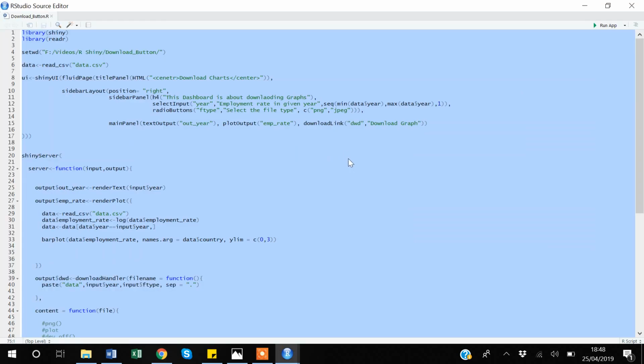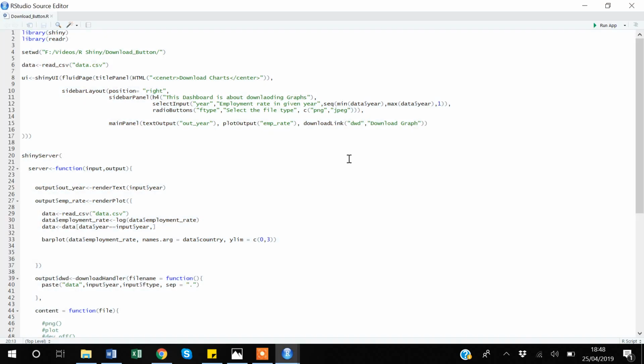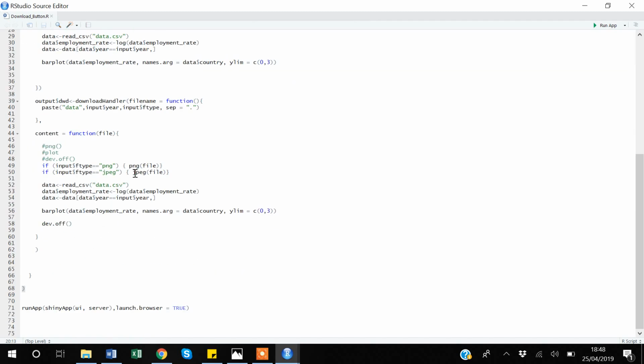In the end, in this video we have learned how to download your graphs through the downloadButton and downloadLink functions. We also discussed a bit about how to use the function downloadHandler, and within that downloadHandler we learned how you can create your file names and how you can capture the content under that file name. Thank you for